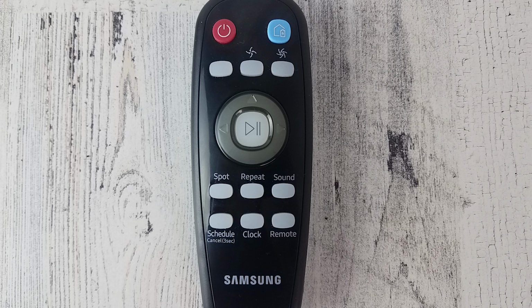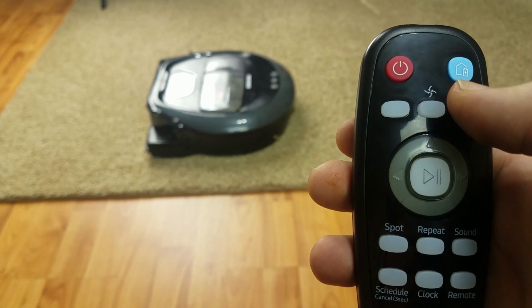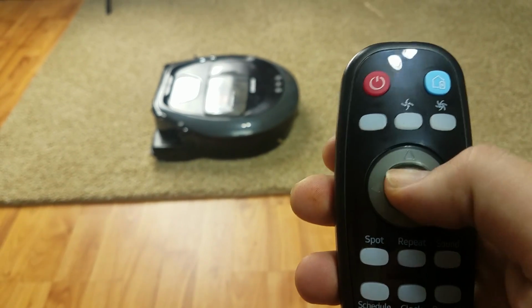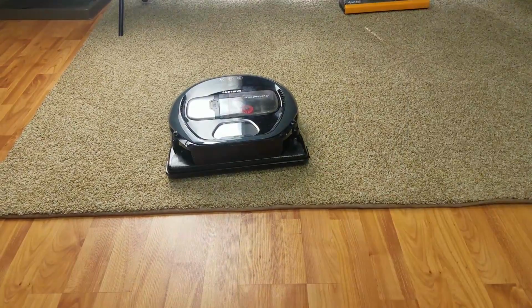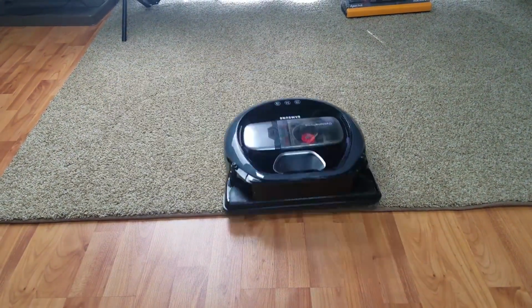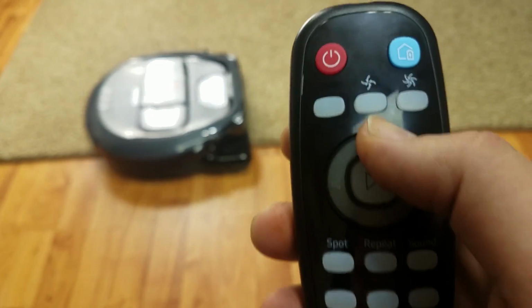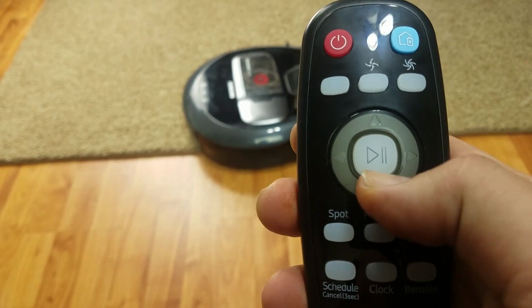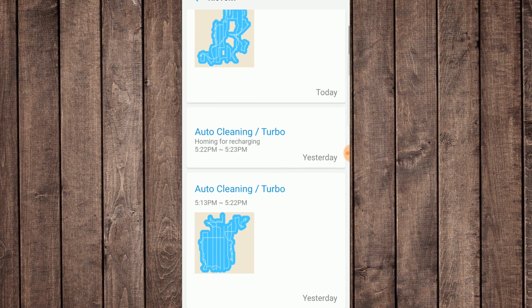It also comes with a really handy remote control as well as the mobile app. I actually prefer using the remote for basic tasks like starting and stopping, changing power modes, or selecting the spot clean mode, which causes the bot to clean in a spiral pattern wherever you place it. You can also use either the remote or the app to control it much like a remote control car, which is pretty cool. The app is needed for scheduling cleanings or checking the history or the maps of where it